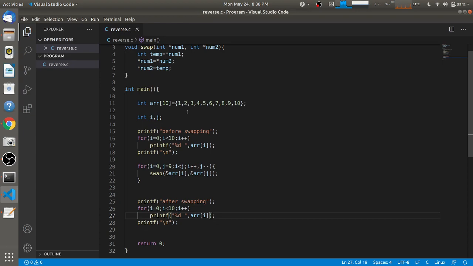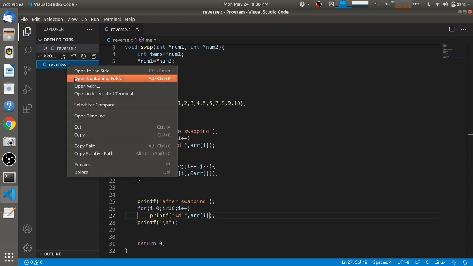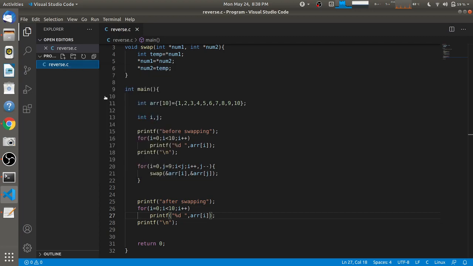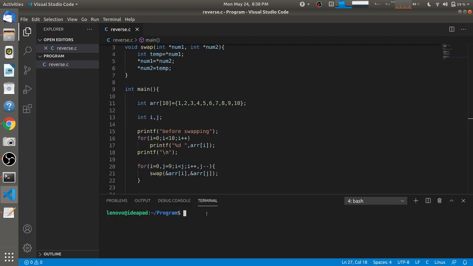after swapping. So I'll just save it and I'll open this file in an integrated terminal, and after that I have to compile it using GCC, that is gcc reverse.c, and I'll press enter. And then after you will see that here an executable file, that is a.out is created, and that we have to run using ./a.out. And after pressing enter you will see that before swapping array was like 1 2 3 4 5 6 7 8 9 10, and after swapping it was 10 9 8 7 6 5 4